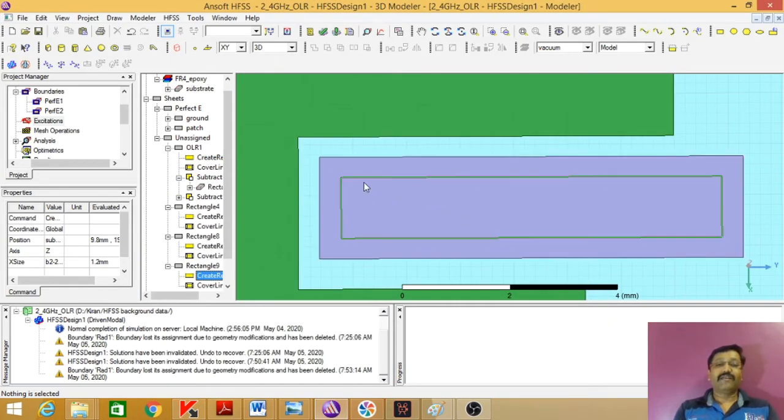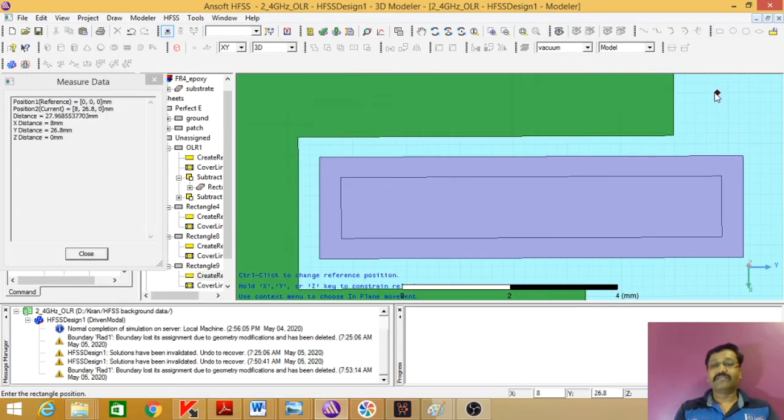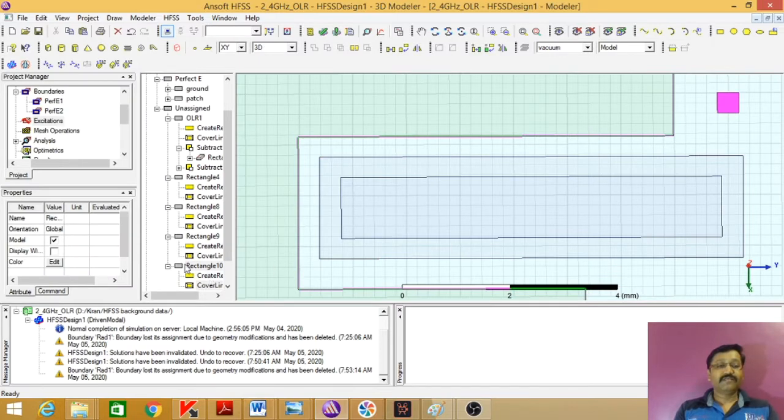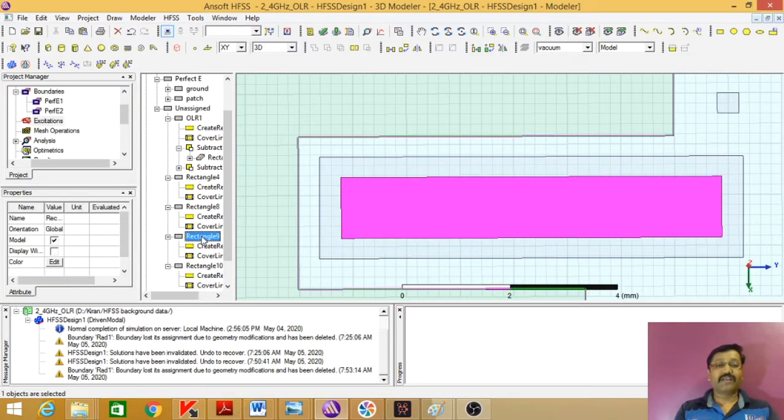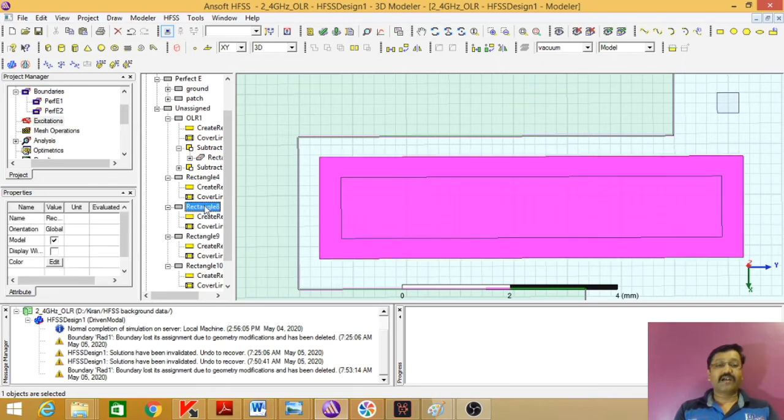So it will align at the center. See. Now we need to add one more rectangle to create the gap. So I'll click on this, single click, move in the direction of arrows, second click. So this is first rectangle which is ready. This is outer rectangle which is also ready with us. Now we need to create the gap.